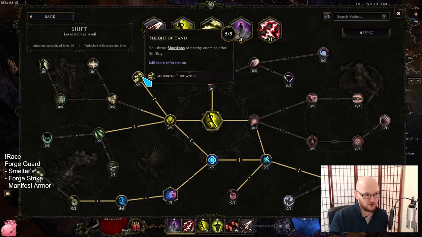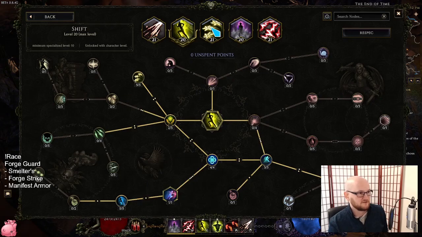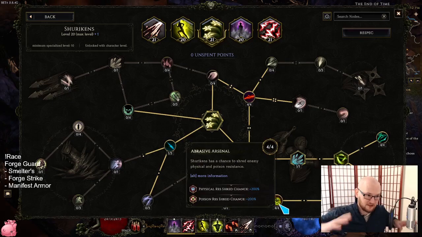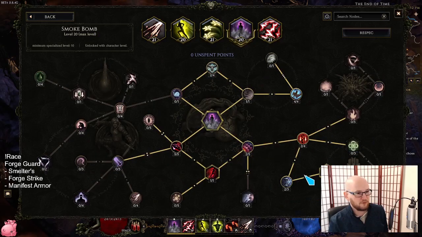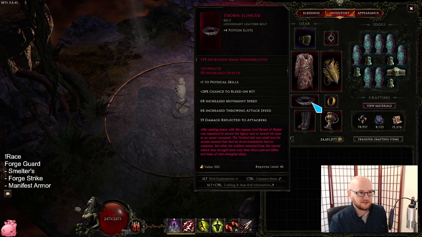Shift, we are using Shuriken, so we have this up here, and then all 5 points into Elusive to make us nice and tanky, gives us tons of dodge chance. Shurikens are only for armor, and if we're standing on top of something, they have a chance to shred on hit. Smoke Bomb. We are using Smoke Bomb for cleanse because